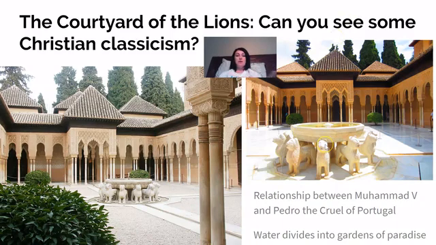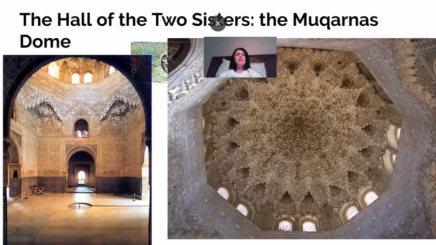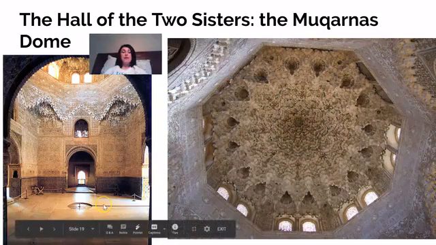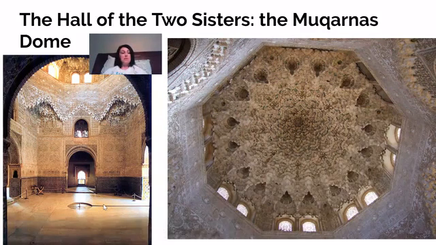And there's the Court of the Lions, who would spit the water into those different pools that would reflect the four rivers. So this is, again, the Hall of the Two Sisters, which has that muqarnas dome. For the longest time there was a story that it was named for two sisters who had been murdered, but that actually wasn't the case. It was actually because of the two huge marble slabs that are there. And remember, they wanted this to also be an embassy to impress people who came in.